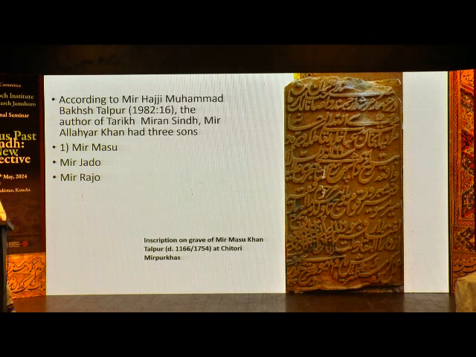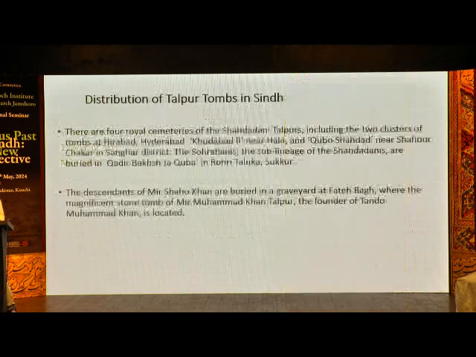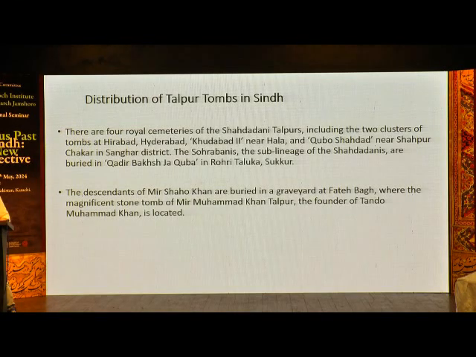And if you read this inscription, you will get to know that it is written that he died in 1166 Hijri, meaning in 1754. And he basically served Mir Murad Yab Khan Kaloro, the son of Mir Nur Muhammad. So this is a very interesting inscription, and we know a lot of interesting information from this